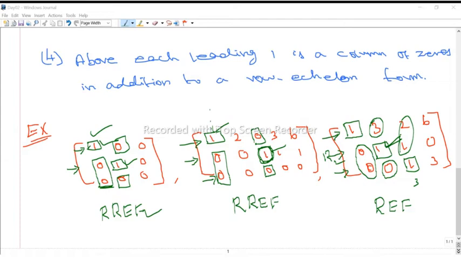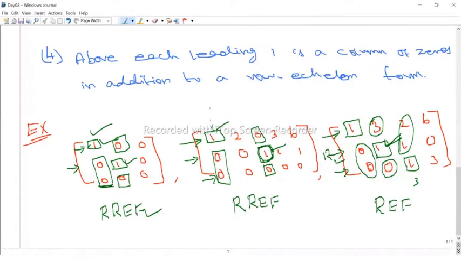Because look at this, we get so many zeros in the matrix. So that's why we have to reduce the given augmented matrix into reduced row echelon form. It is even better. Reducing to the row echelon form is okay, but reducing to the row reduced echelon form is still better. So therefore this is very important in solving systems of equations. You should know which matrix is row echelon form and which is row reduced echelon form. Maybe if possible, we will do some problems, and then we will move to the next one.